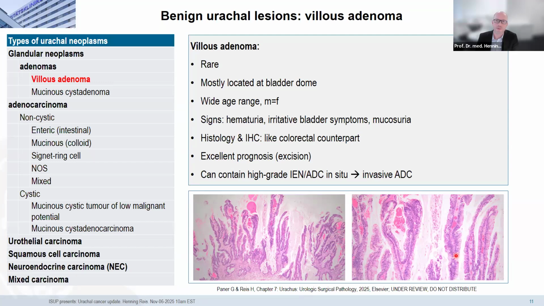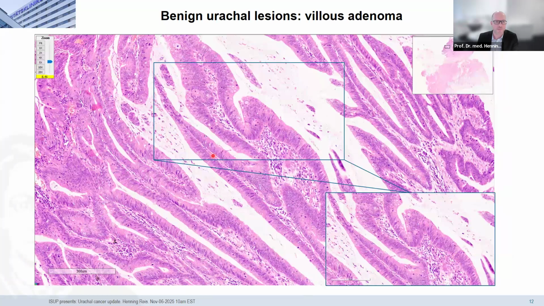And then it's important to look for adenocarcinoma, invasive adenocarcinoma. So sampling is an issue here. There's an excellent prognosis. And in the next image, I have a higher magnification of one case. This is something one wouldn't be able to distinguish from a case from the colorectum. So we have these papillae, villous structure. You have the pseudostratified nuclei, which can be low grade or high grade.